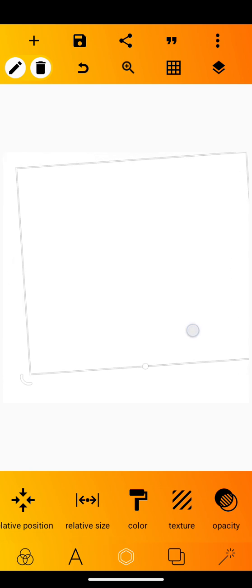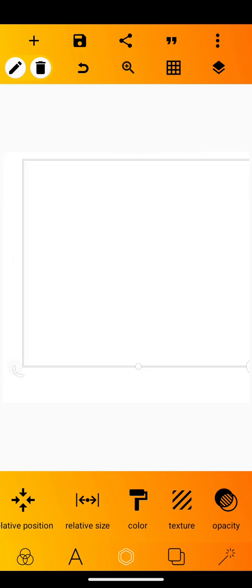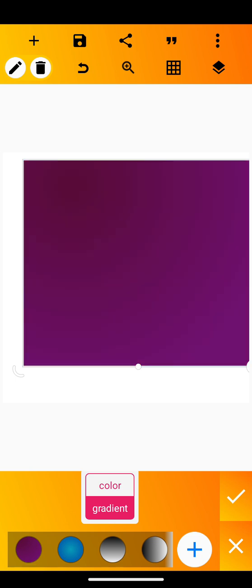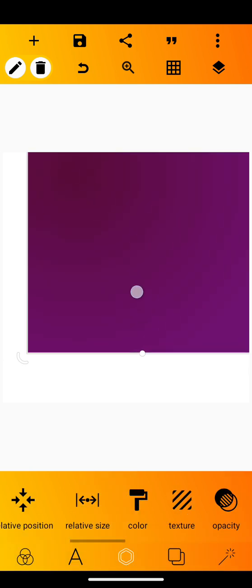I just made a mistake. I undo the color, sorry. I'm going to return back there. Let's add a gradient color again. See, it always has a memory of what you did the last time, so I'll just pick what I did already, and then